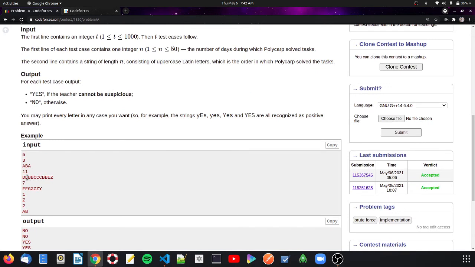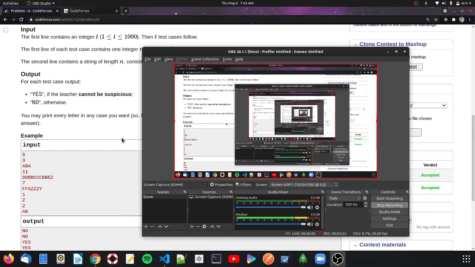If we are at D, the current variable will become D, and the previous character is nothing. Then we will go to the second D. Now the current and the previous characters are both equal, so we don't need to insert anything into the set because we have already encountered the previous character D. That's what we are doing here.